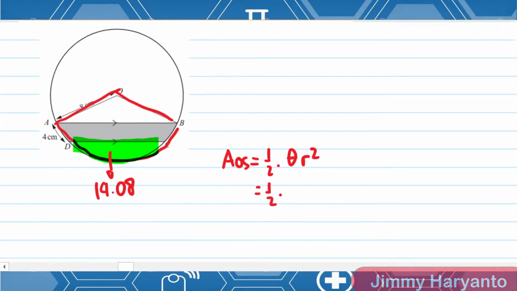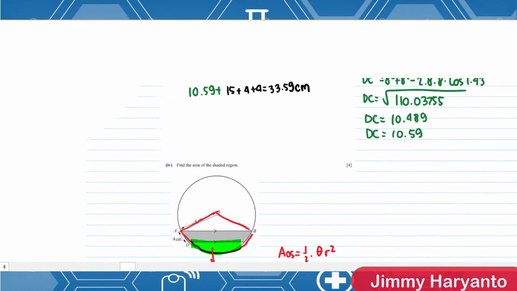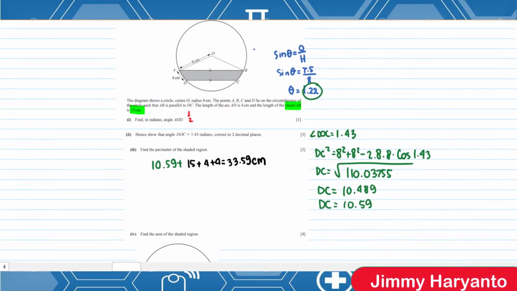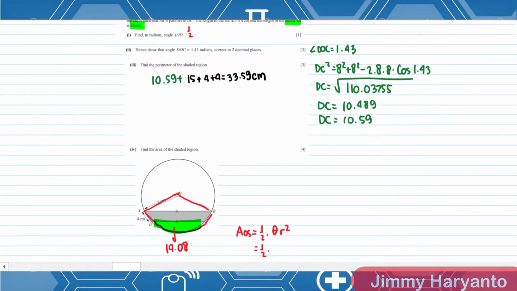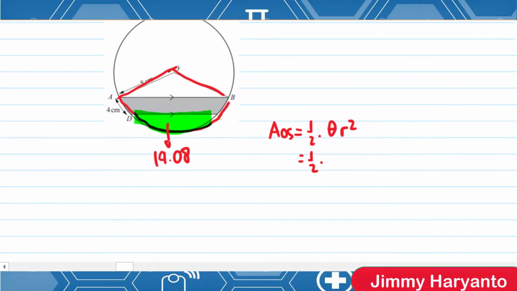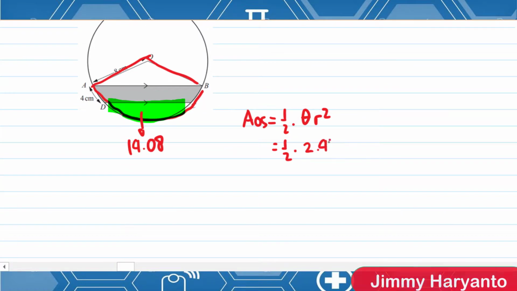Half the theta is... what was theta earlier? 2.43 times the radius, 8 square. Oh, I'm so lost. 2.43 times 8 square equals 77.76